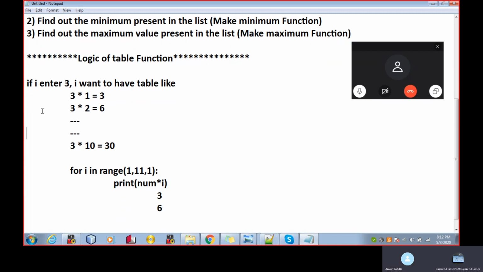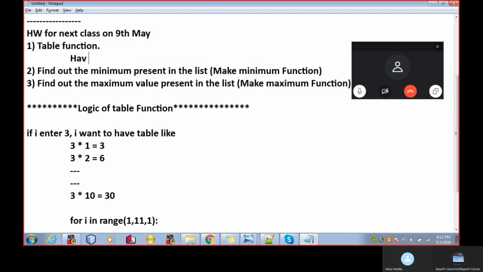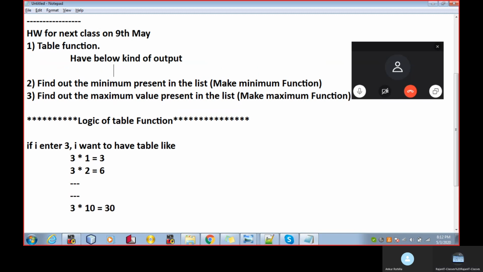But we want the output like this, a kind of output. You will have to decide how to get the output in this way.